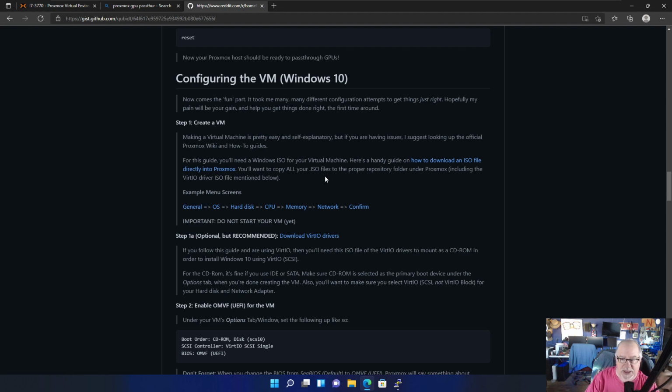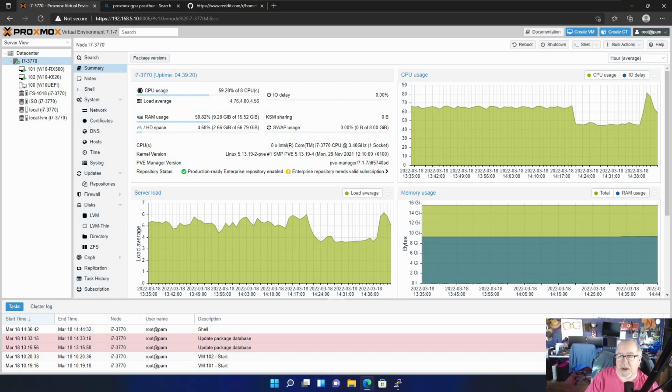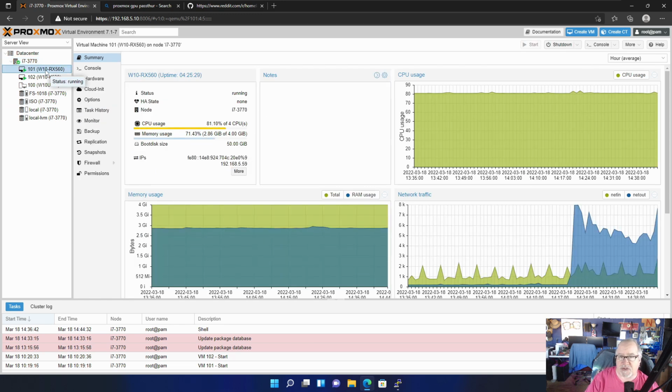So let's go look at that right now. Now, it's very important you do a couple of things. First of all, you want to name whatever virtual machine you're going to do the pass-through on. You want to make sure you give that machine a name, and it's got either a hard-coded IP address that you're aware of, or you've got your guest agent in there so you can see what your IP address is